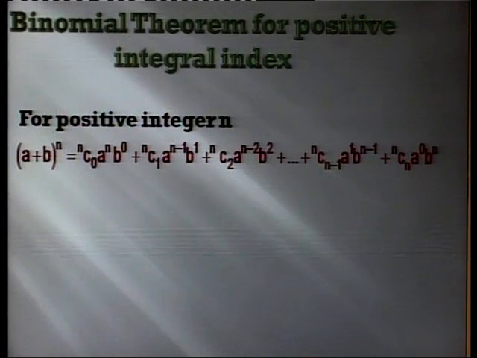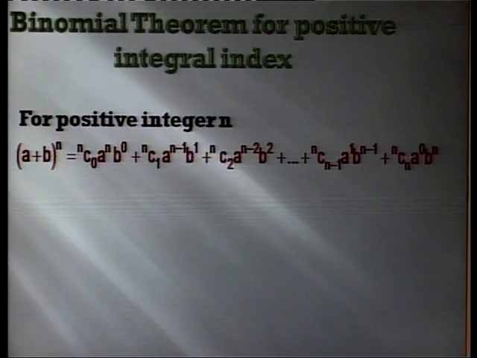So, okay, here I have taken a plus b raised to power n, that is the same thing, my a is x and b is a, which I have already discussed. So, whenever n is a positive integer, then a plus b raised to power n,